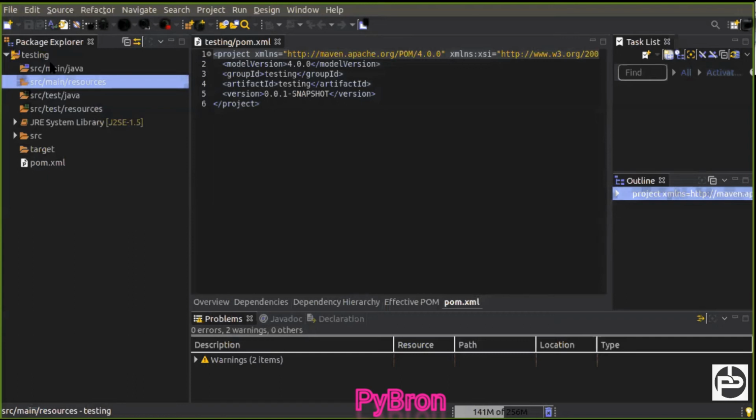Developers write their code to develop the product, but testers write the code to test the developed product or test their code, whatever code they have written. So developer and tester both work on the same platform. That's why these two folders, src main java and src main resource, are maintained by the developers, and src test java and src test resource are used by the tester.